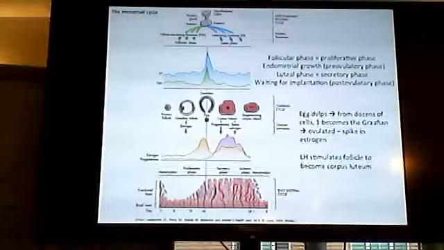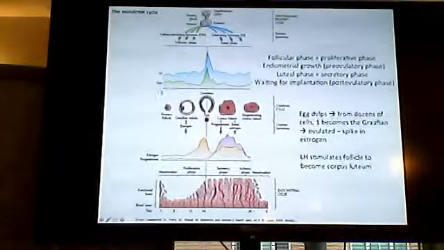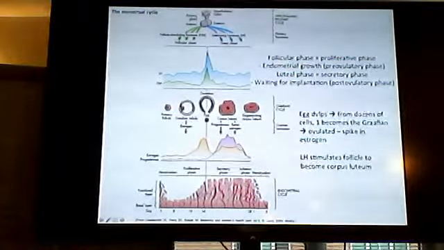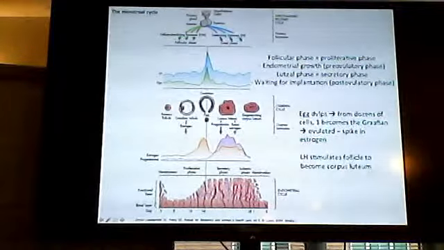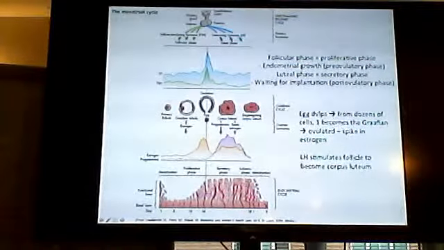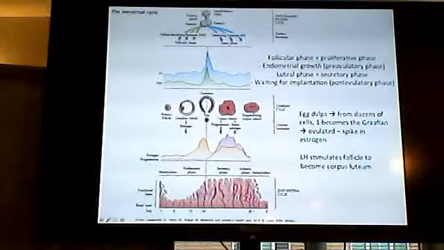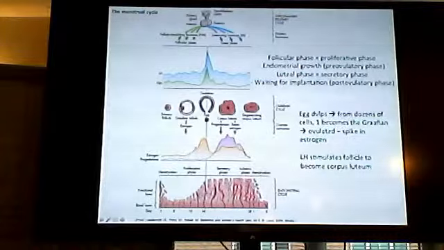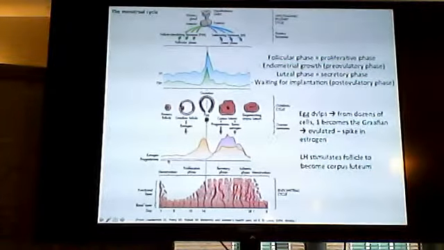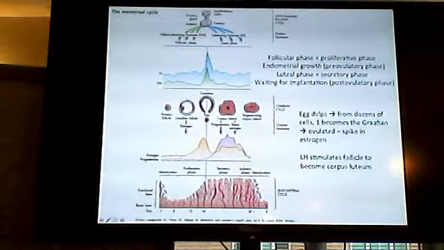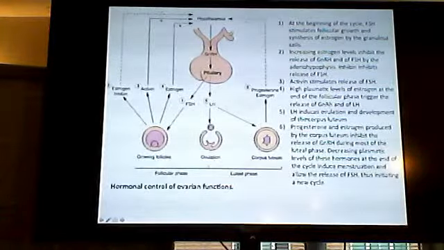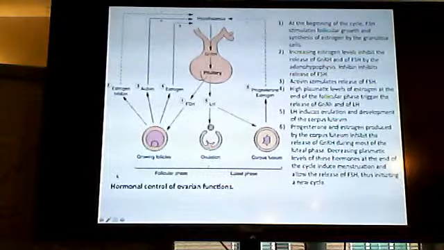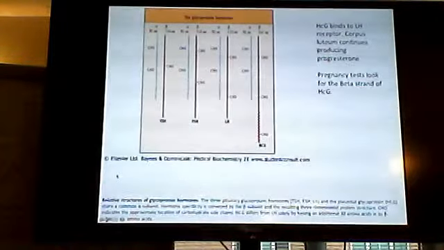Basically for the menstrual cycle, you are selecting a follicle which will become a Graafian follicle, releases the egg, starts to become the corpus luteum, and then it'll degenerate if it's not fertilized. You have LH and FSH peaking right when the egg is about to be released, and you have positive feedback. Estrogen gets peaked twice, and then progesterone gets peaked with the corpus luteum to maintain the corpus luteum. And then you have this pathway of how the hormones all cycle around.